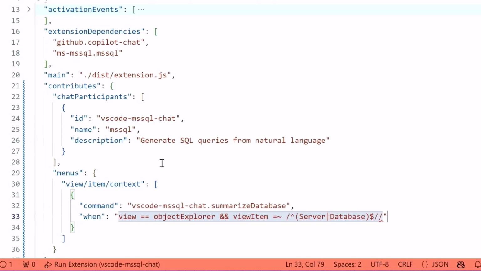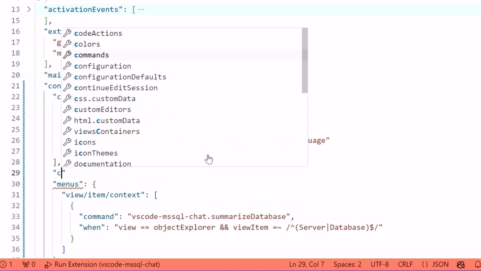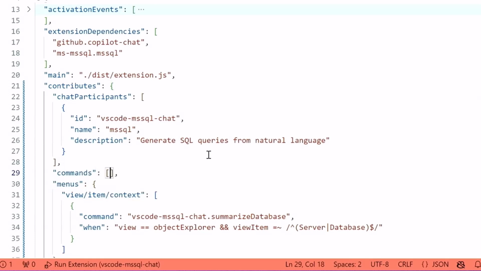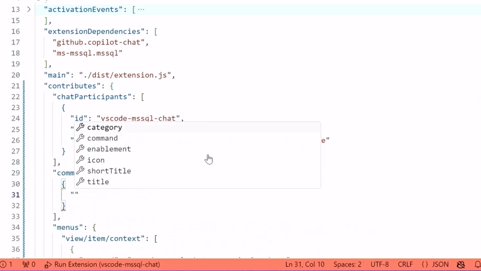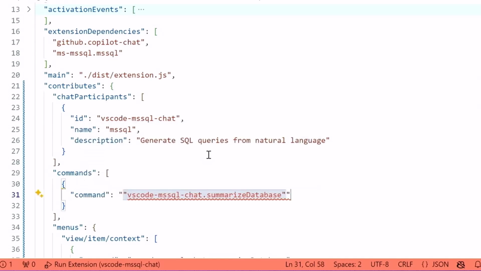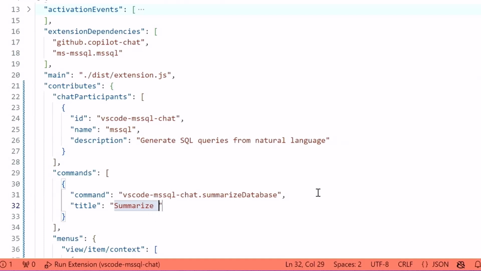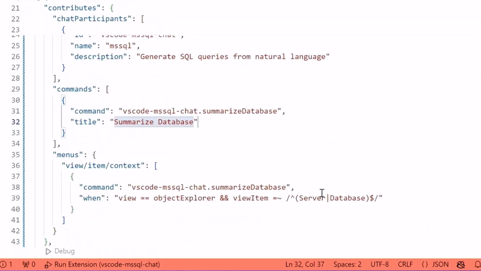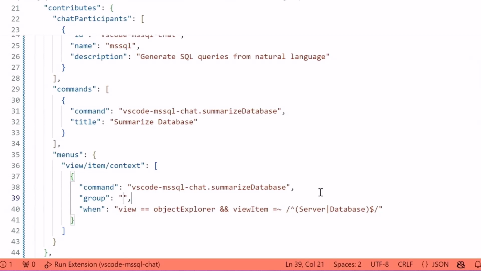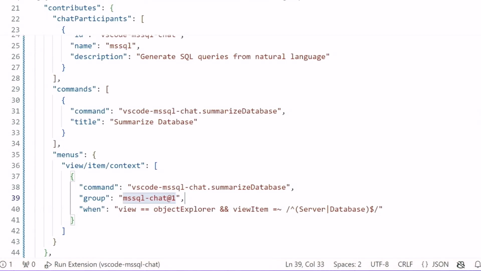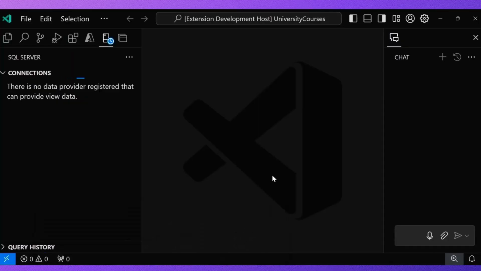And let's close that out here. We also have to actually register this command. So let's put in that registration right here. That's just going to be an array, and we're going to put in one entry here. The command is also going to be summarize database. Got to take out those extra quotes right there. And the title of this action is going to be summarize database. Oh, and let's also make sure that we give this action a group so that it appears in its own category. All right, and now that we have all that, let's reload the extension development host for the final time today